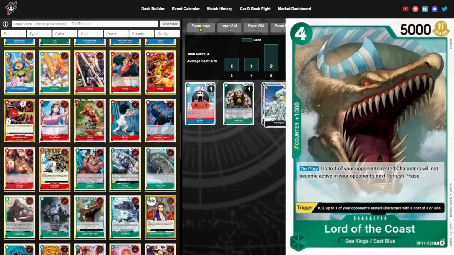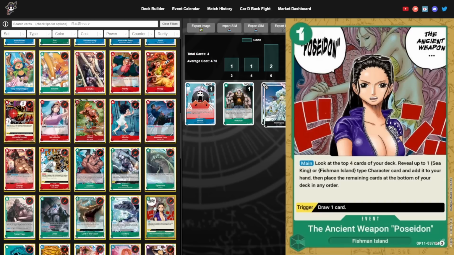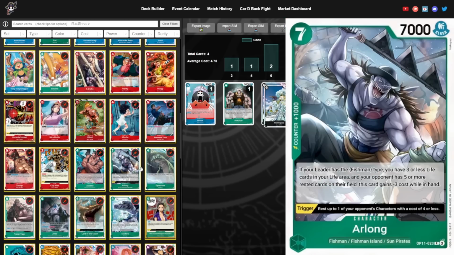Keeps damage off you. This card is really good. All the Fisherman cards are really good. This one you can't use unless you're playing Rainbow Luffy, but if you do, potentially Search, which can be good. Value plays. And then I think that Ancient Weapon Poseidon, I think that these cards are so good, and they're